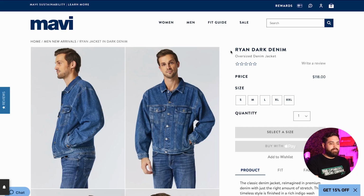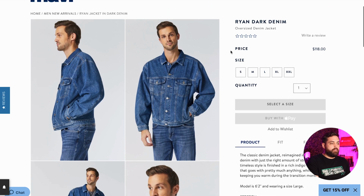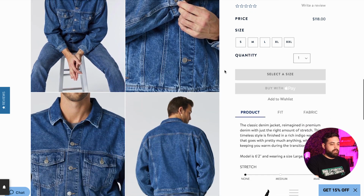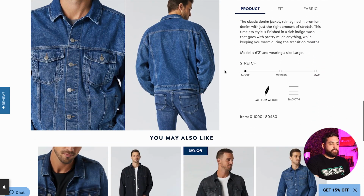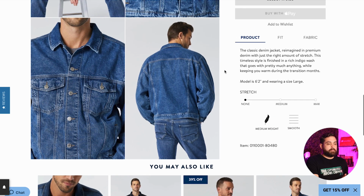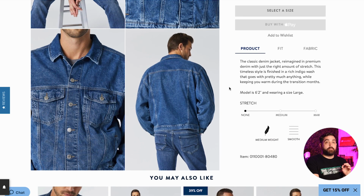They are, I believe, a jean company for the most part. So they have a lot of denim products in here. So their product page, beautiful. Just lots of information. Lots of really good, high quality pictures. Now, the one thing that caught my eye with this particular product page is the way that they're presenting their information. Sure, they have the paragraph describing the actual product, but then